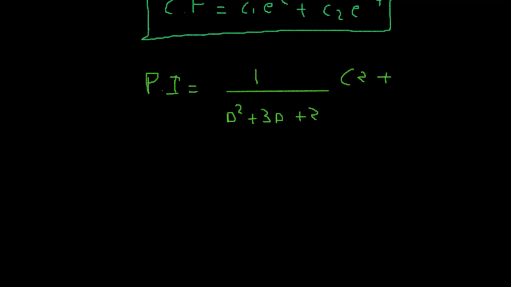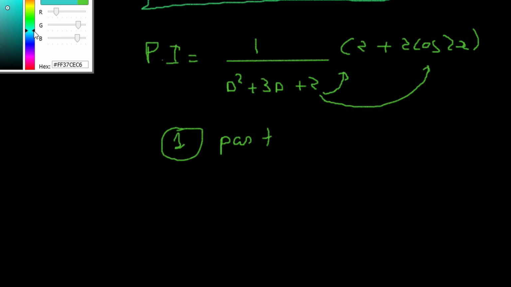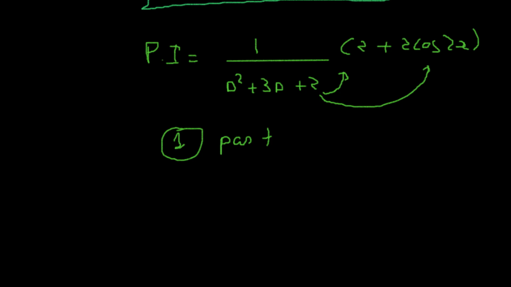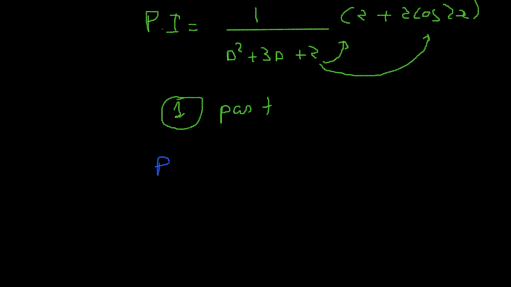2 plus 2 cos 2x. After solving this, we are going to solve it in parts. First we're going to do that one, and then we're going to do that one. Let's just name it the first part. For the first part, we're going to see how to solve this. So the first part PI will be